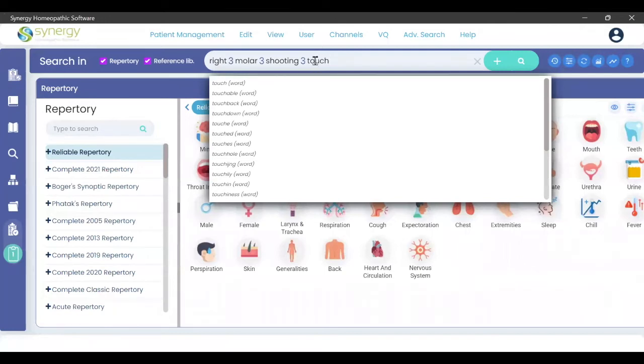So when I was making a search, I removed the combination of the right side, and I just let remain right. I just let remain molar number 3, shooting number 3, touch, and that's all. And now when I make a search,